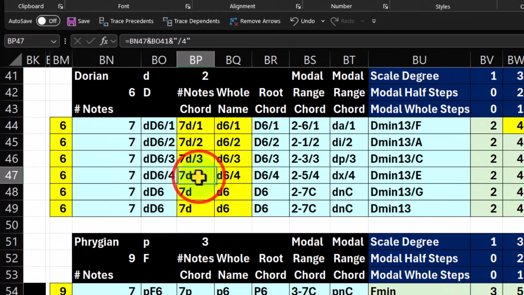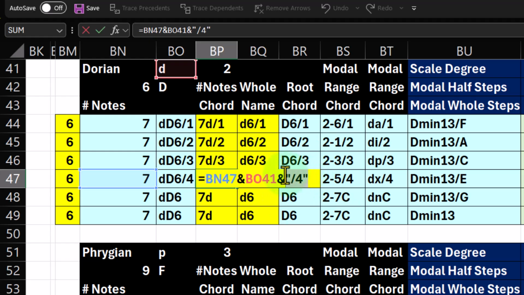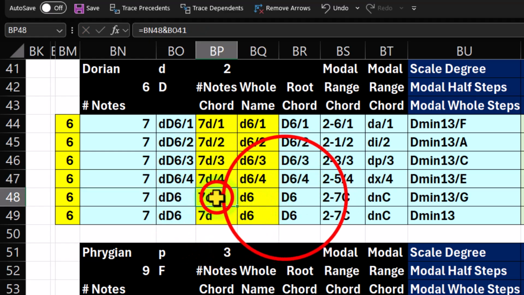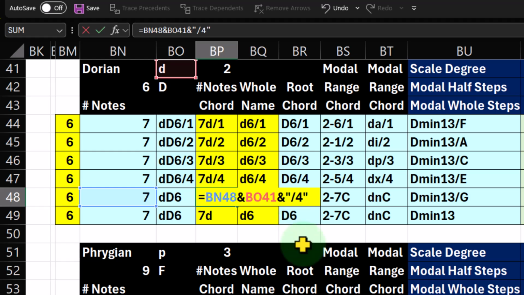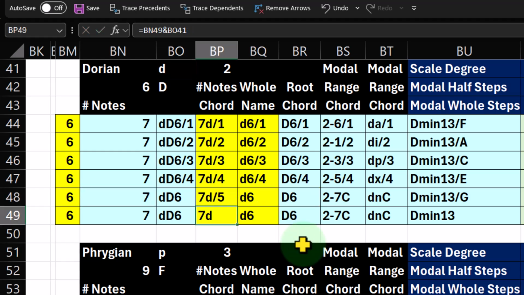So then we're going to go in here and say copy. And so it should be a D7/5 or 5th inversion. Go 5 modal whole steps up and do the inversion, or a